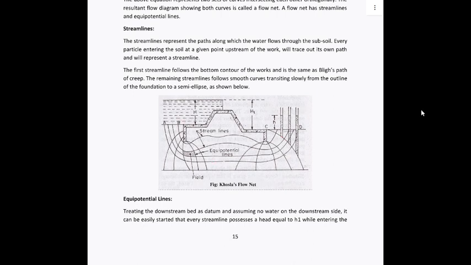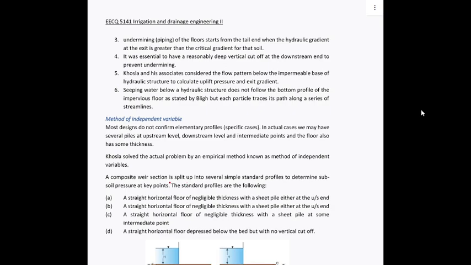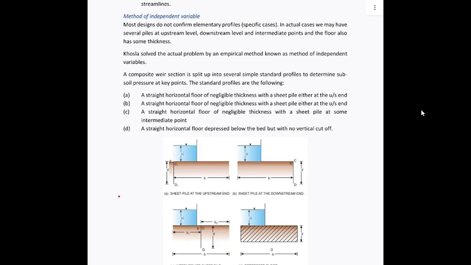So what we are saying is the water seeping below does not follow the bottom of the profile, but follows a path, kind of a streamline, from the upstream to the downstream. So that is what that point means. Because of that, Khosla developed a method called the method of independent variables, whereby the structure,